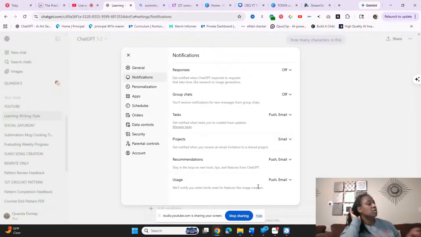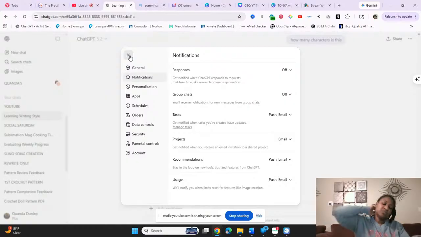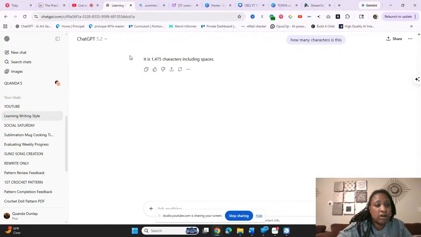Even though I pay for GPT, if I start going through a whole bunch of images, guess what it's gonna do? It's gonna tell me I gotta wait 10 minutes. I gotta wait 21 minutes. I gotta wait 7 minutes. Honey. So it still has limitations even when you pay for it. And then if you're on the free account, it's even more limited than that. So I went through general and I went through notifications. But while we're here, because I forget stuff, y'all. I forget. I used to smoke weed back in the day, so my brain cells are dead.